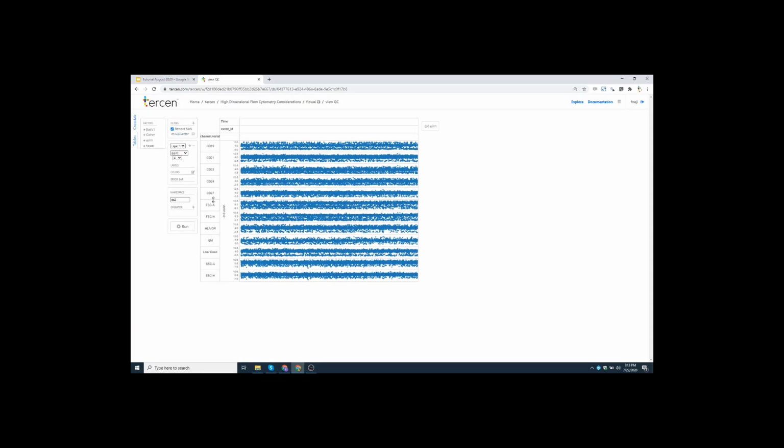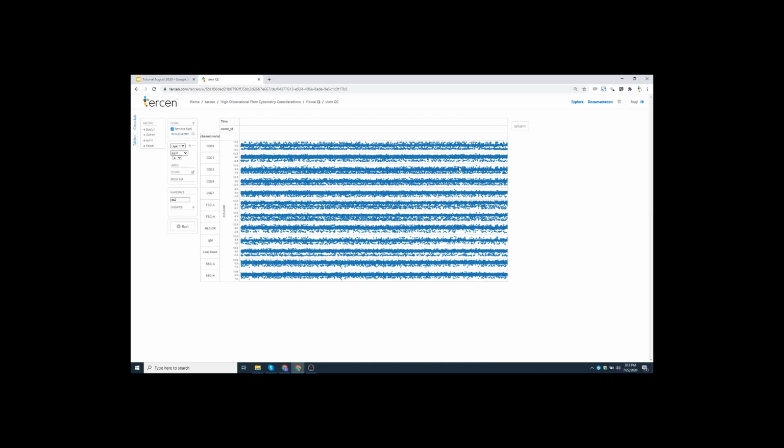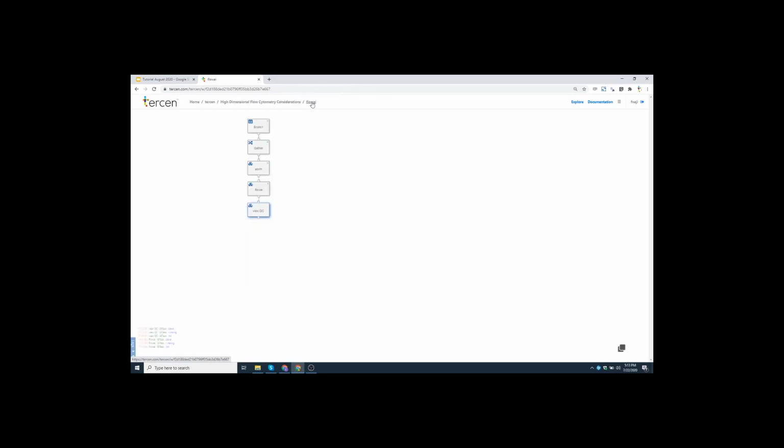It's the same projection, but now it's using a flag filter, or a filter that's been produced by Flow AI, and this filter kicks out the surge area. So now you see, for the same projection, you don't have the surges. That's as simple as that, how to apply Flow AI in Tercen. So I'll go back here